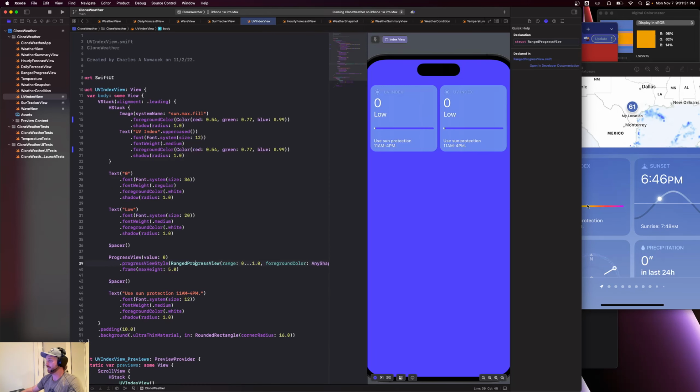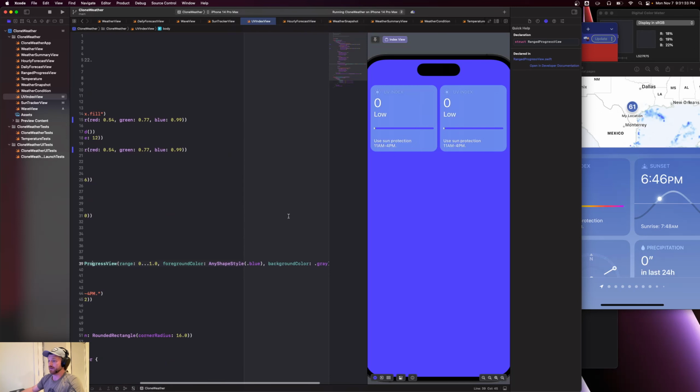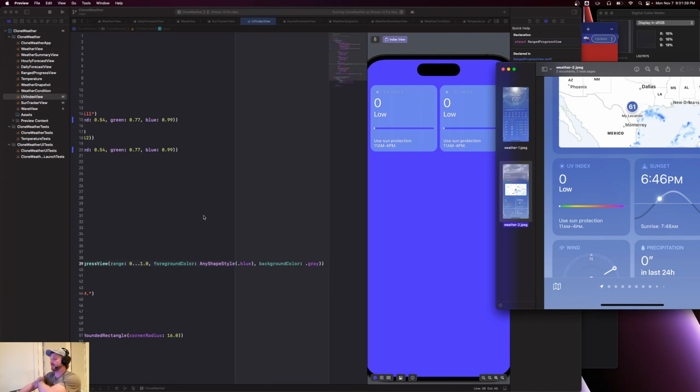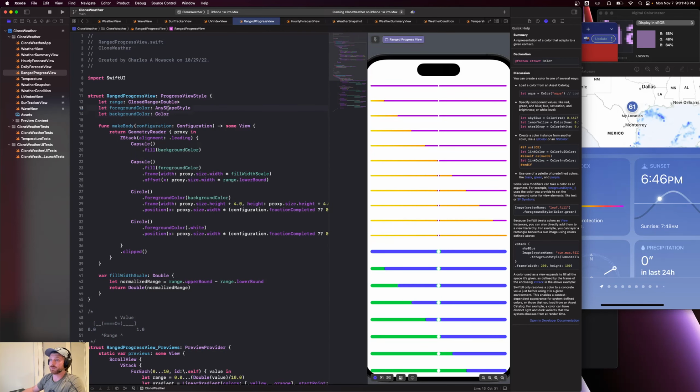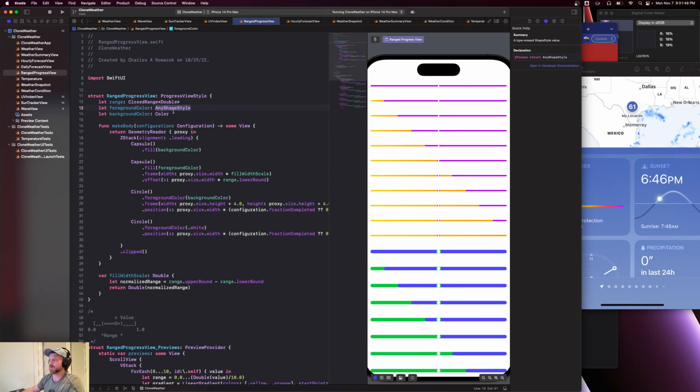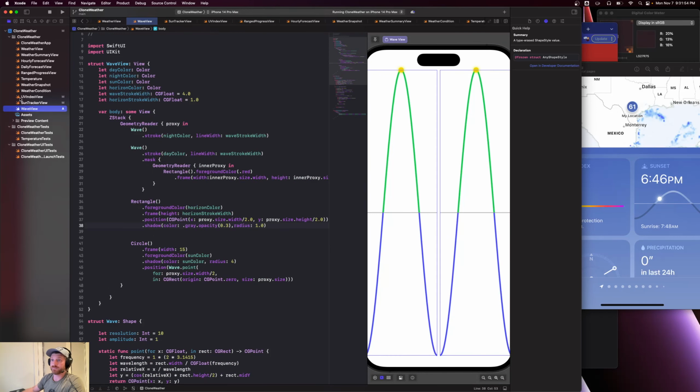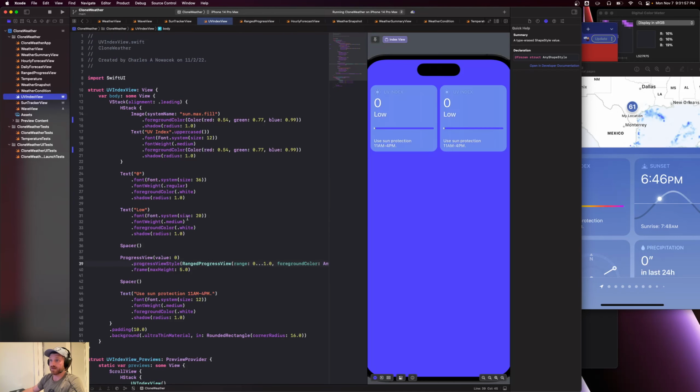Right now it's only given a single color, but what I would like to do would be to give it a gradient of colors. So let's look at our progress view again and see what that foreground color is. This is any shape, so I should theoretically be able to give it a gradient of colors. We can try that by,